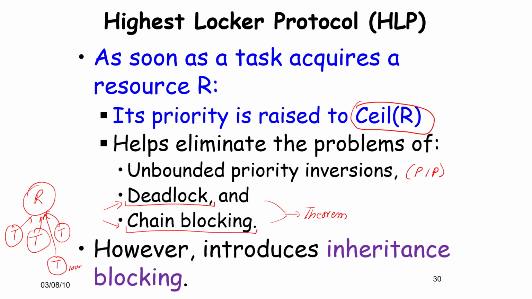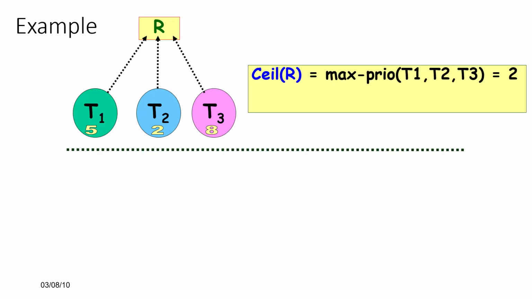Here again, since we look at a theoretical possibility of a task acquiring a resource, this is overly conservative, which leads to a lot of inheritance blocking, because it can be argued that many a time the priority of the resource holder is unduly high, is unacceptably high. That being the problem, let's look at a few